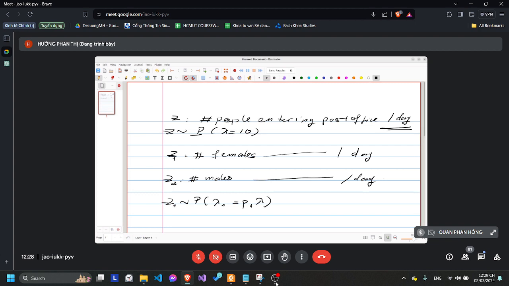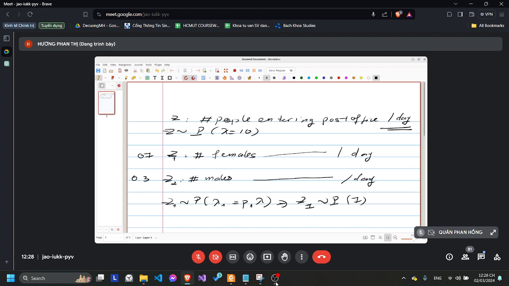Suppose that the historic data show us that there are 70% of females entering the post office and only 30% of males entering the post office. Hence, we can know that Z1 will follow a Poisson distribution with lambda equals 0.7 multiplied by 10, so we have